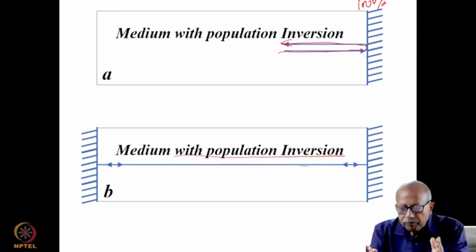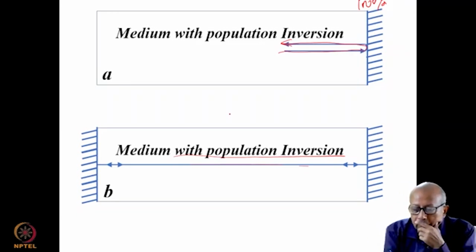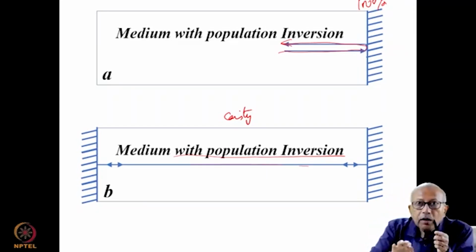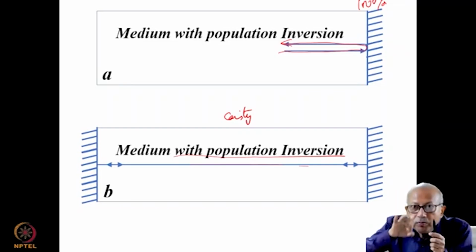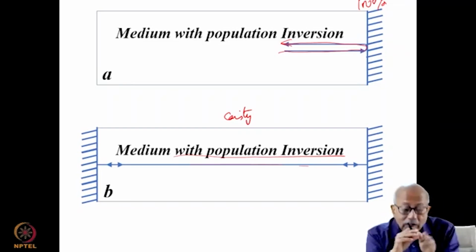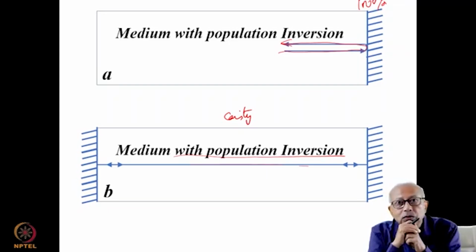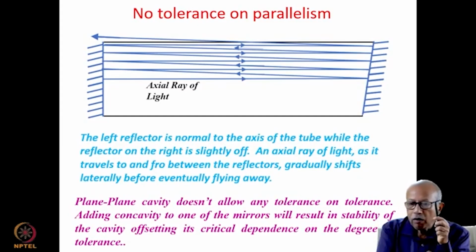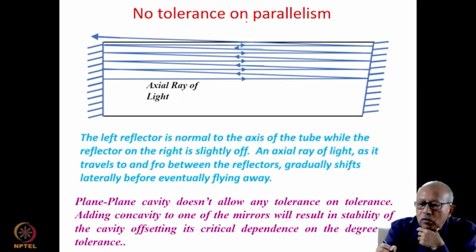So in such a system, which we can call a cavity in a very crude sense, you can multiply the number of photons exponentially, and there is a possibility that you can actually develop this light into a beam of light. However, there are still some issues which have to be addressed. First, there is no tolerance on the